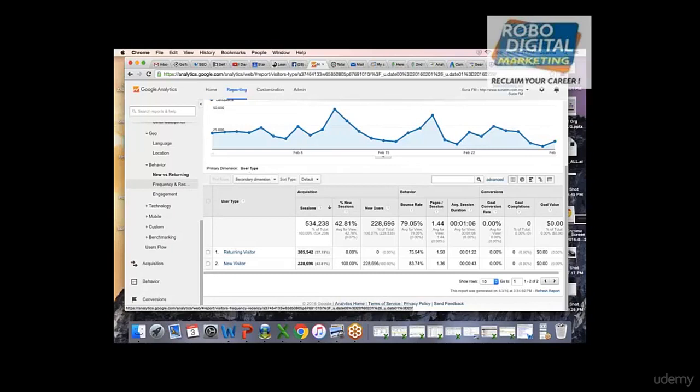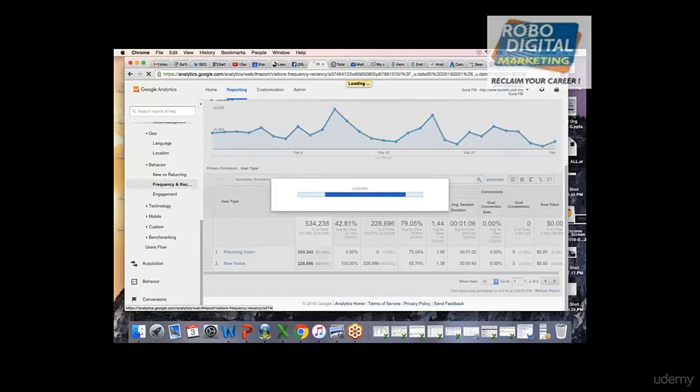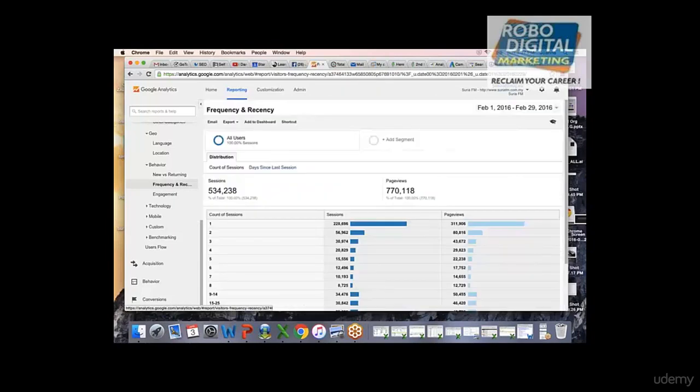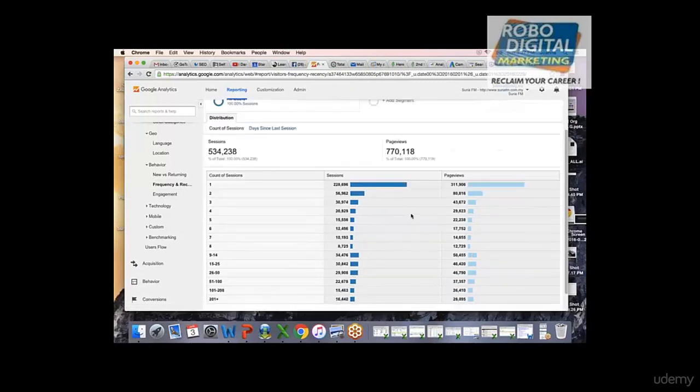Next is frequency and recency. In frequency and recency, if you look at the number of sessions, those people who have taken only one session are 2,28,000 or 29,000 people, which means almost 40-45% of your audience is taking only a single session.